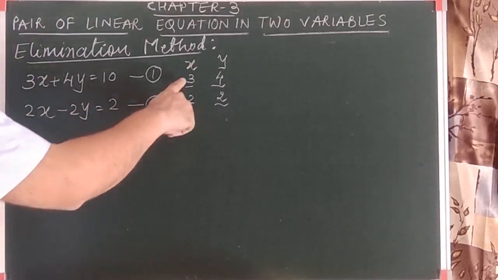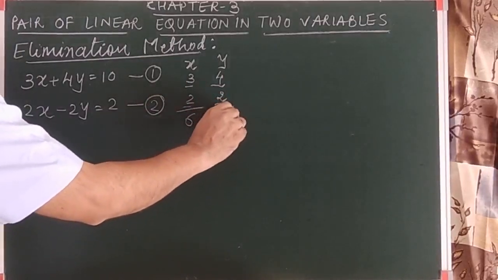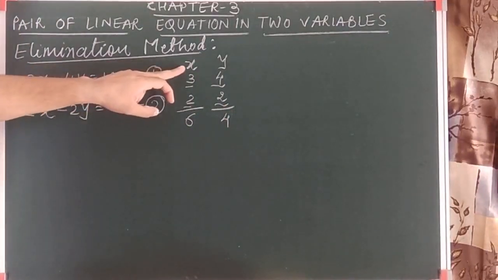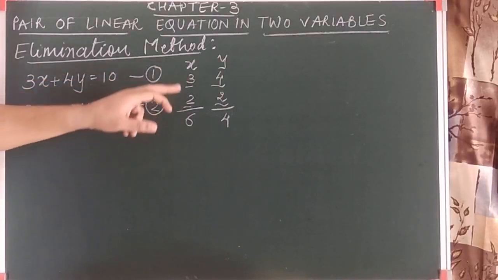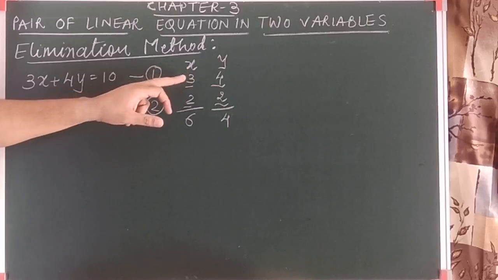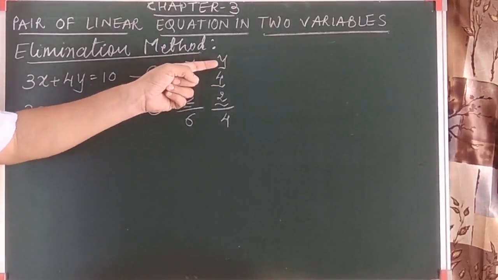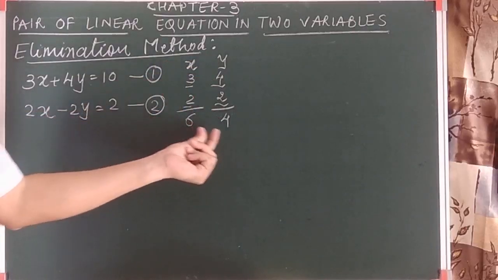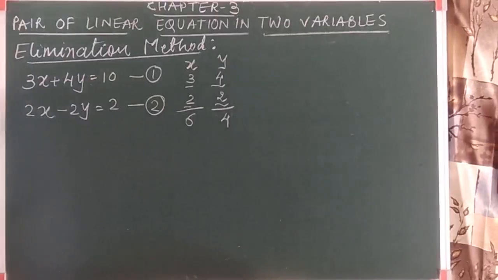How will we make them equal? I have written the coefficients. Let's take the LCM. यहाँ पे LCM आएगा 6, यहाँ पे आएगा 4. If you want to eliminate x, so you want the coefficient of x in 1 and 2 to be 6. अगर आपको x eliminate करना है तो इक्वेशन 1 और 2 में x का कोएफिशिएंट 6 होना चाहिए. And if you want to eliminate y, so your coefficient of y in both the equations should be 4. मतलब आपका जो LCM आया, that LCM could be the coefficient of the respective variables.